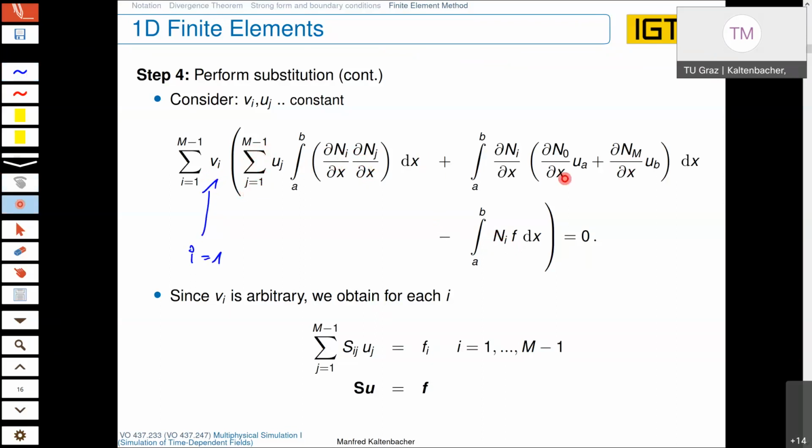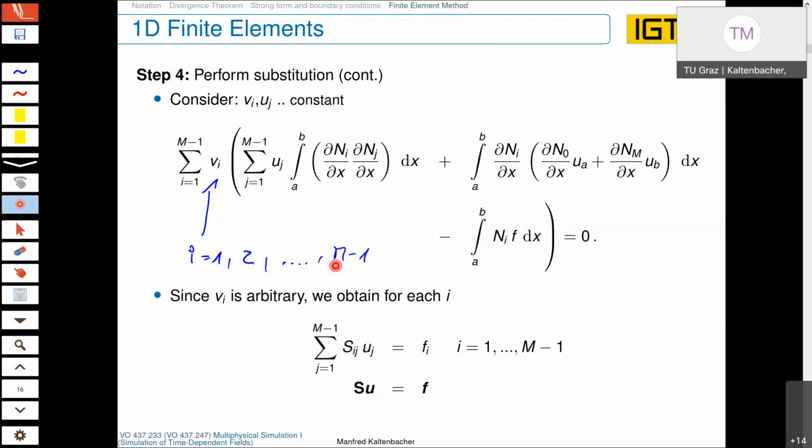So you get one equation which has to be 0. In the next step, you can go to i equal 2, and you will again get one individual equation here, where i is fixed to 2. And that you have to go up until M minus 1, which means you have M minus 1, M is the number of nodes, M minus 1